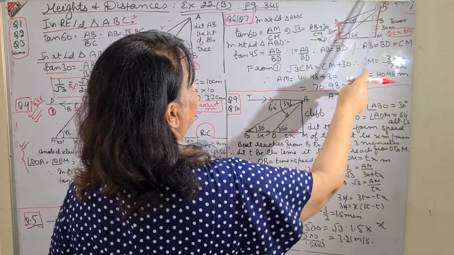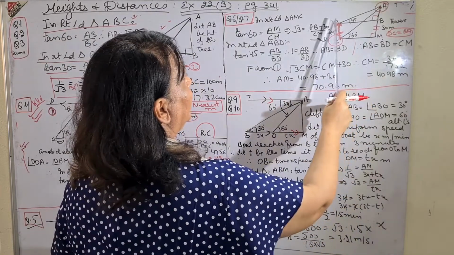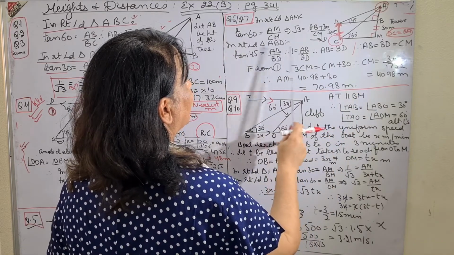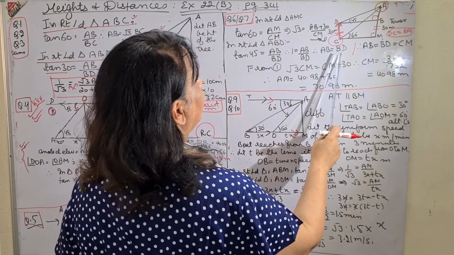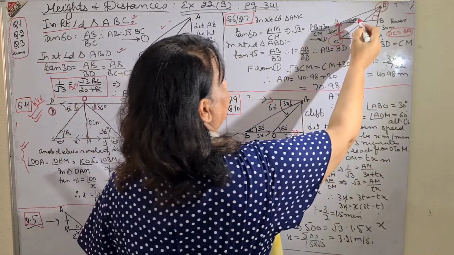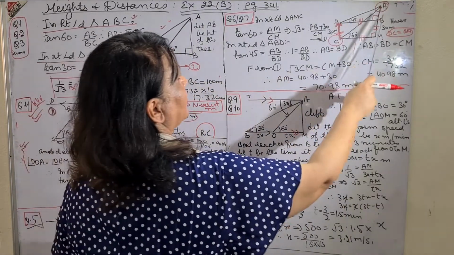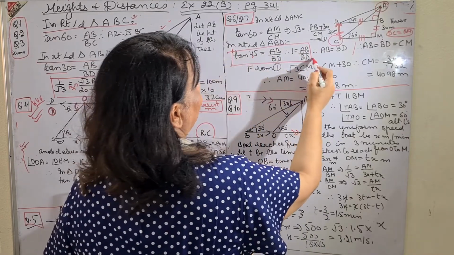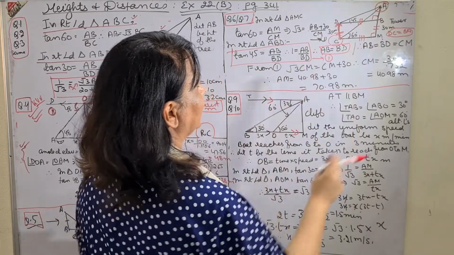Now come to right angle triangle ABD. You know, always take right angle triangles. ABD, tangent 45 is equal to AB upon BD, and tangent 45 is 1. So 1 is equal to AB upon BD. Therefore, AB is equal to BD. Now, AB is equal to BD, but BD is equal to CM. Why? Because again they are opposite sides of the rectangle. BD is equal to CM and AB is equal to BD. I got it from this equation number 2, because tangent 45 is 1. So, AB is equal to BD, but BD is equal to CM. So, all three sides are equal.